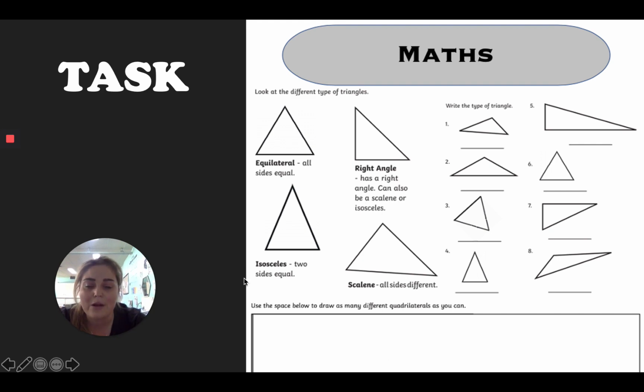And then below that, for part 2, it says use the space below to draw as many different quadrilaterals as you can. So you need to use your ruler, and you need to draw as many different types and sizes of quadrilaterals as you can. So you can go back and watch the video again, and you can try giving each one of those 6 options a go, and then making them smaller, making them bigger, and trying to fit as many as you can in the space below. Okay,